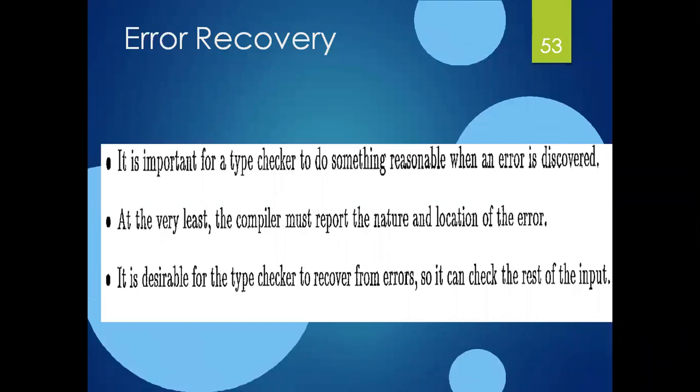So how we implement these error recovery strategies: for example, we are learning about semantic analysis. We know what types of errors can occur at the semantic analysis, so we can easily handle those, detect those, and recover from those there itself, right? So this type checker plays a major role in performing these error recovery strategies. That means error discovery is done by the type checkers.